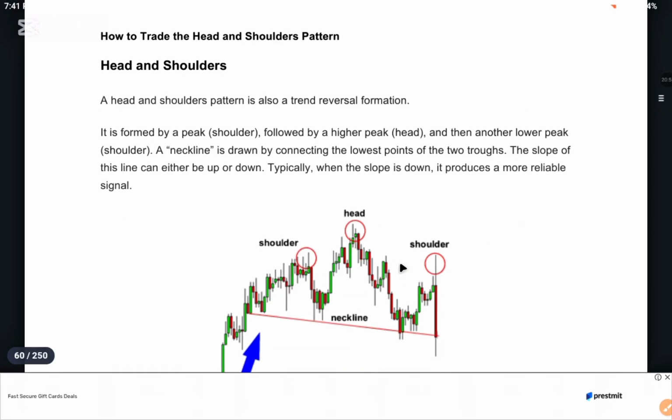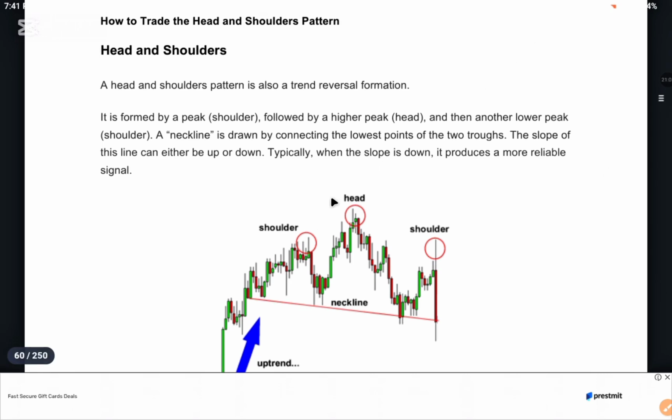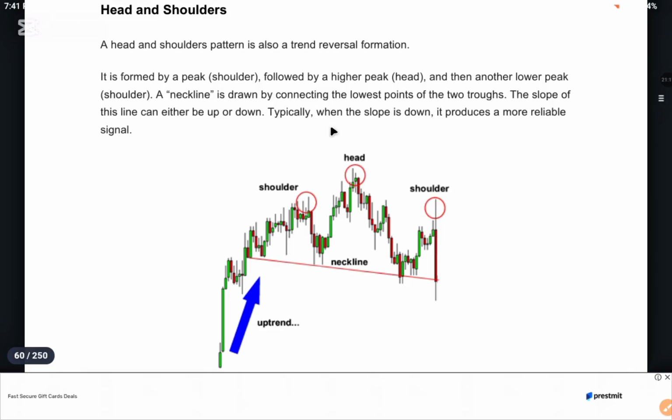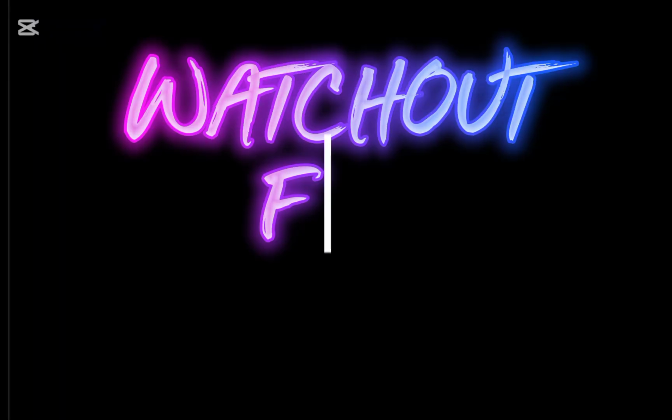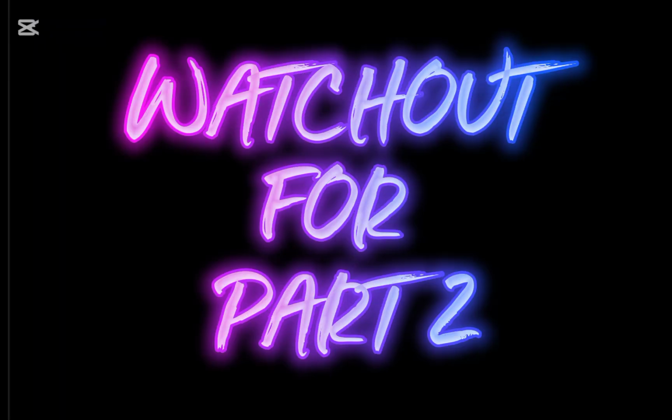Now your head and shoulder, one of the most beautiful price patterns I like seeing in this trading world, both crypto and forex. I love this guy, head and shoulder and inverse head and shoulder. So head and shoulder pattern is also a trend reversal pattern. It's a potential trend reversal pattern, until it actually takes out that reversal formation before I can say yes, it has done its primary duty. So yeah, it forms at the peak. It could